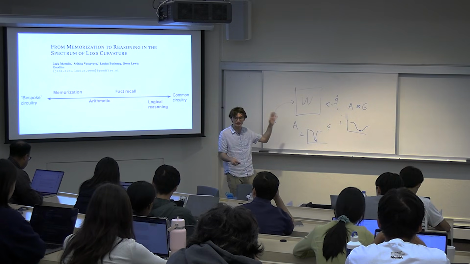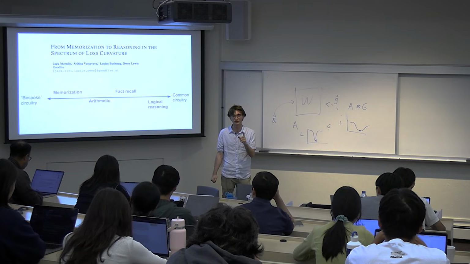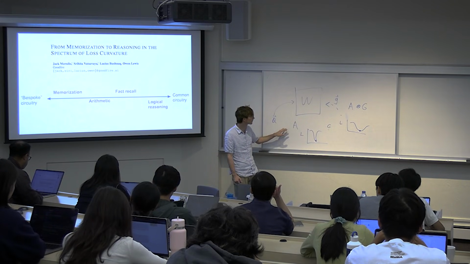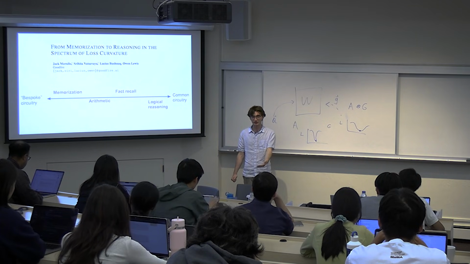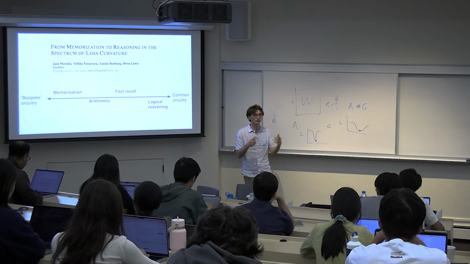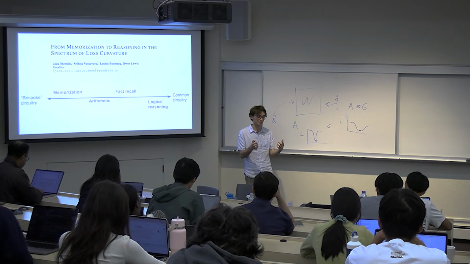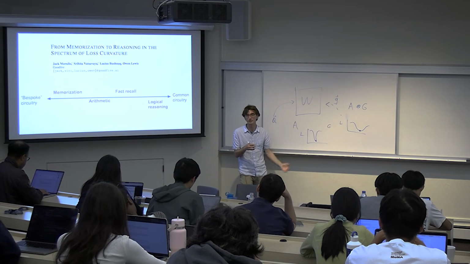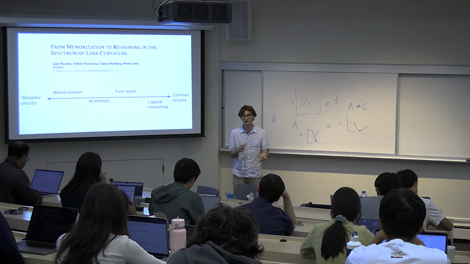But yeah, I think the main thing I would stick to. I think it's maybe not super helpful to stick to why we're doing what we're doing. The main thing is that we want to collect these A's and G's, and following the same kind of logic as top principal components explaining a lot of variance in data, we can similarly explain a lot of behaviors in the weight space using this.